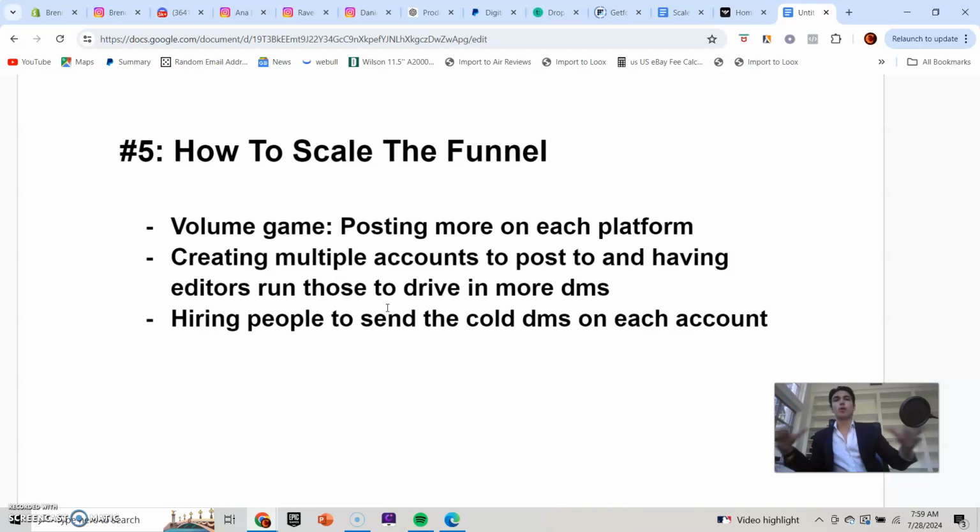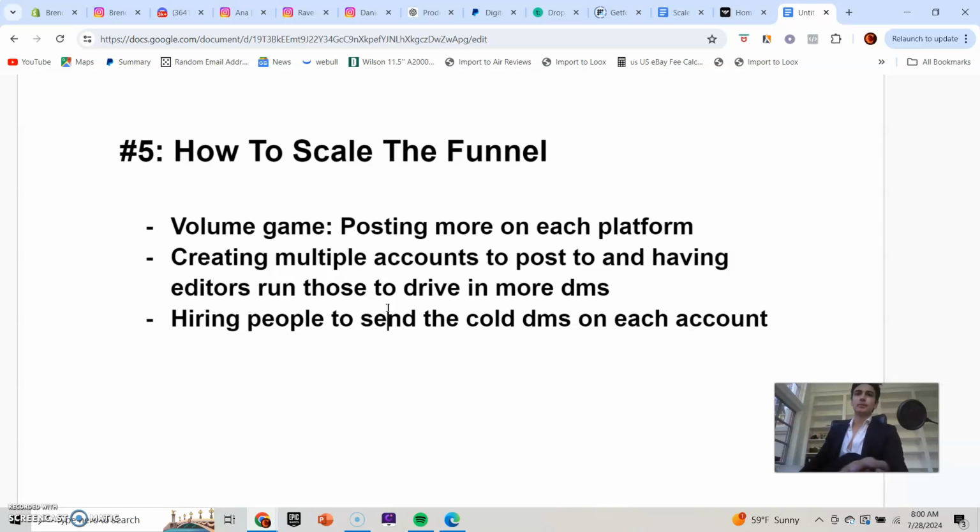Number 2 is you can create multiple accounts to post to and have editors run those, right? Like we have multiple accounts. In the past, we've had so many other accounts, and it helps, right? Because more accounts means more traffic to your DMs. So maybe you go from having 1 TikTok to having 4, or from 1 reel to 4. Now, you obviously cannot handle all these multiple accounts alone, so you'd have to hire an editor, which again, that's really cheap. If you're making money, you can afford to pay $5 or $10 a video, right? Not much money. So yeah, either post more to those accounts in better quality, or expand to more accounts, okay?